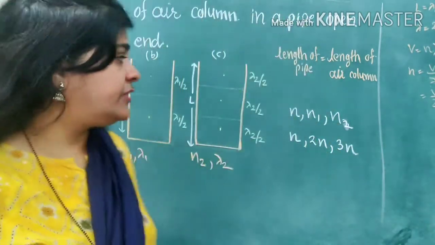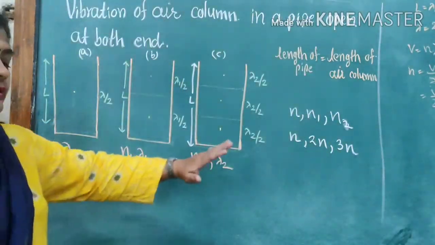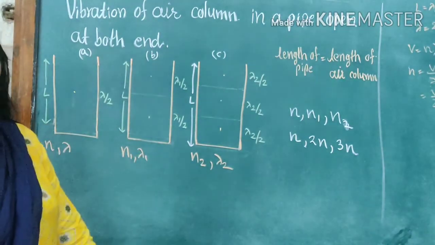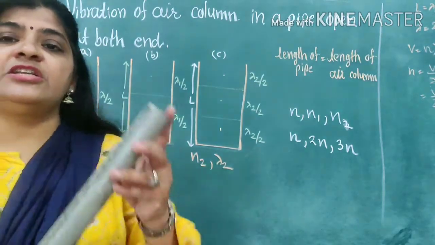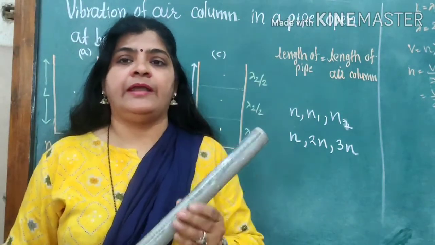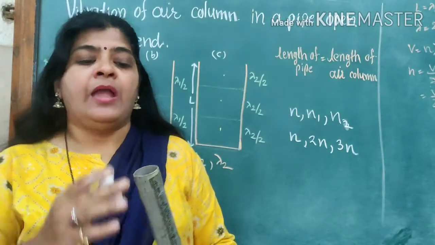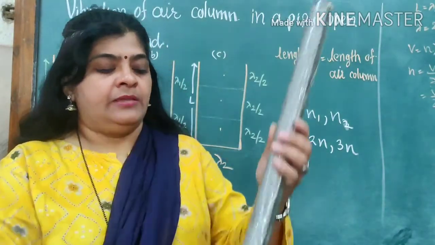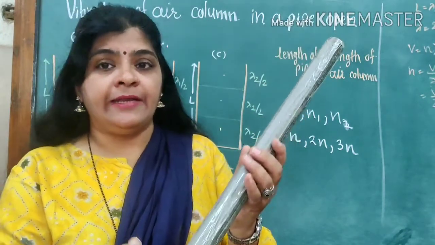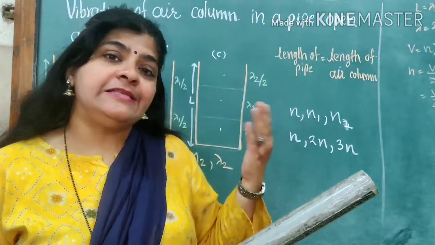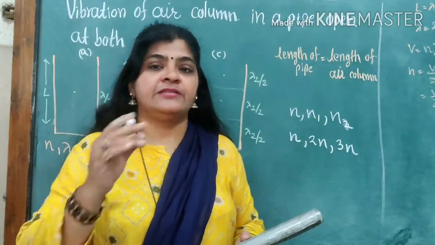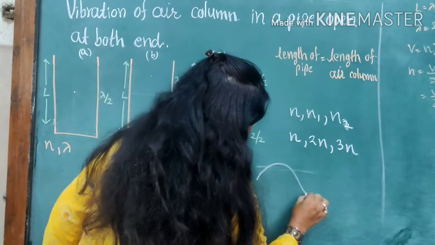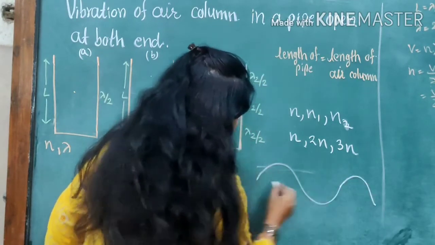Okay, now we start with the first one. First we learn the diagram of it. Learning the diagram is very important. Now when the vibration is produced in the pipe open at both ends, whenever there is an open end, an antinode is always formed. On this side again there is an open end, and an antinode is formed. Already we learned in the derivation of stationary waves how such a stationary wave is formed.